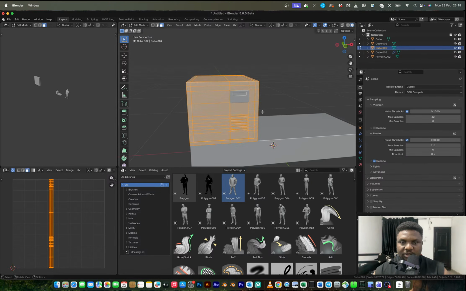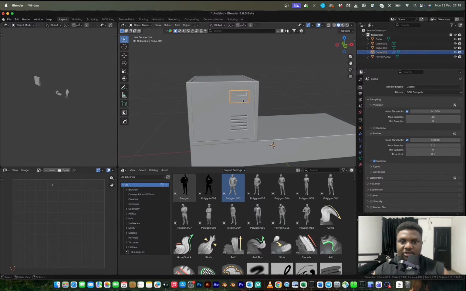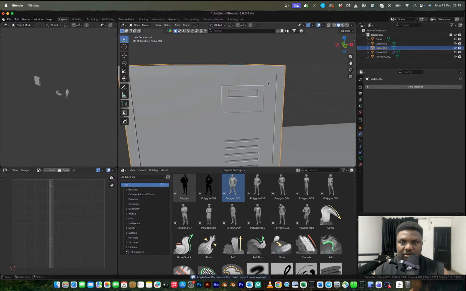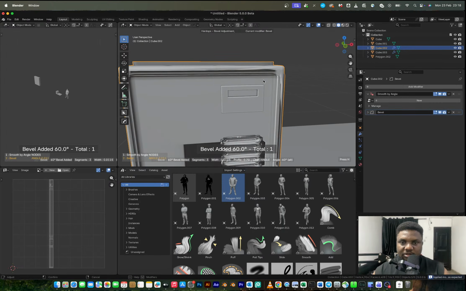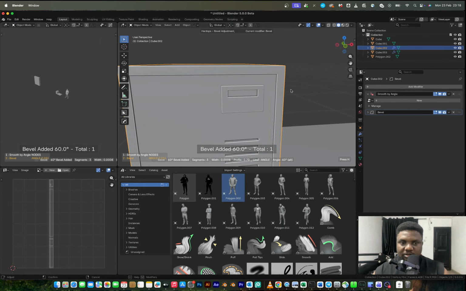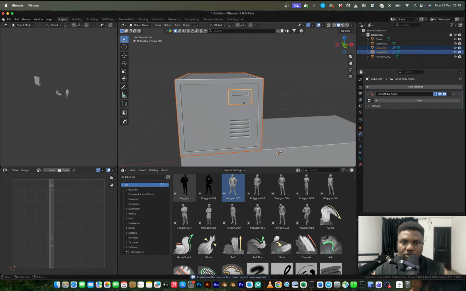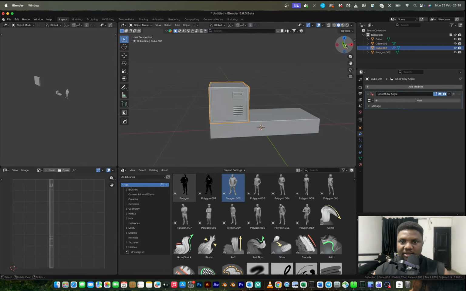And with this, I would like to join with this. So maybe I will apply this subdivision, this bevel and then subdivision. And then maybe I'll bevel this a little bit, just a smidge. A little bevel wouldn't hurt. So I can join both and